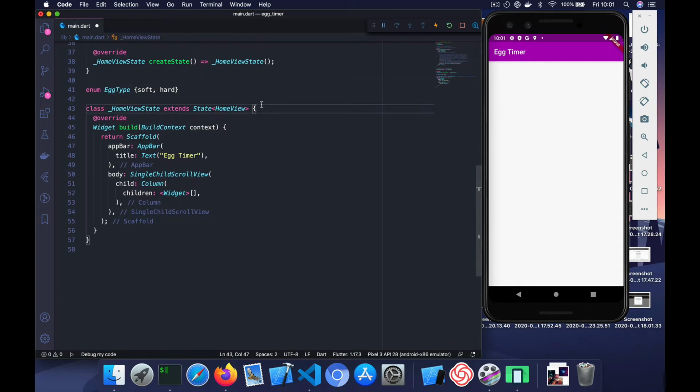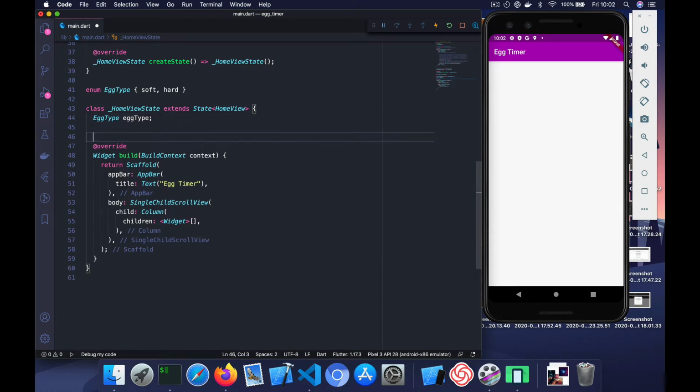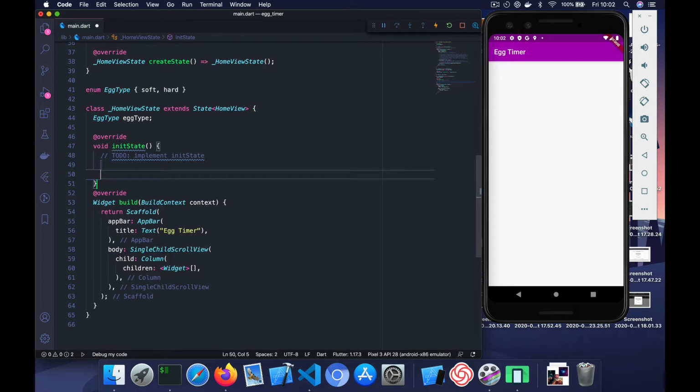Then you're going to have a value in here for it, a property for it. Then in init state, we're going to initialize it to